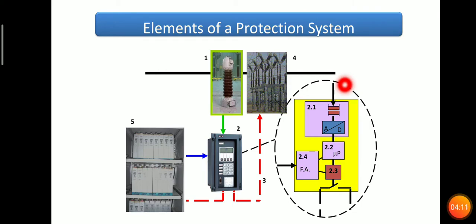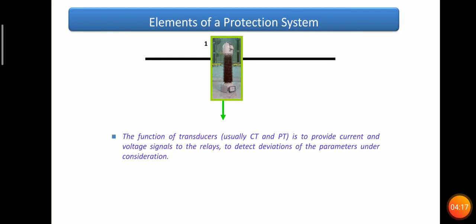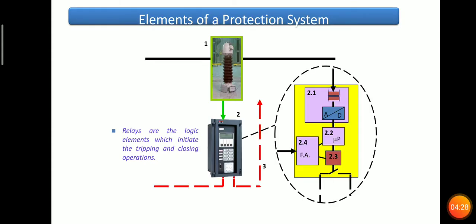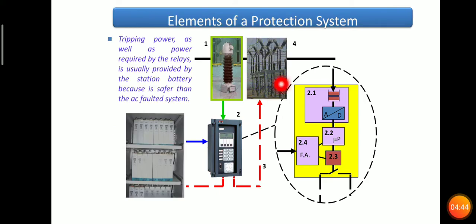The main elements of the system are, first, a current or potential transformer, which is a transducer that will measure the parameter under consideration. And there are relay logic elements or electromagnets which provide tripping actions. It can be an electromagnet or some microprocessors or static elements. Then there should be power to the tripping element or relay. It can be powered by battery banks.